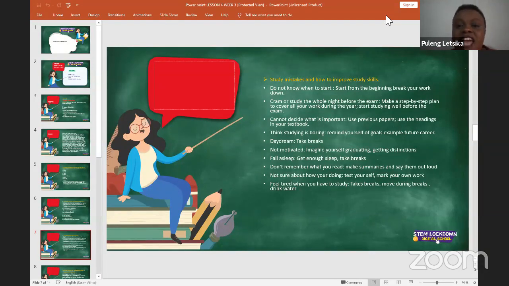And then when you're not motivated, the point will be the same as when you think studying is boring. So when you're not motivated, you can still do the same things. You can think of yourself graduating.